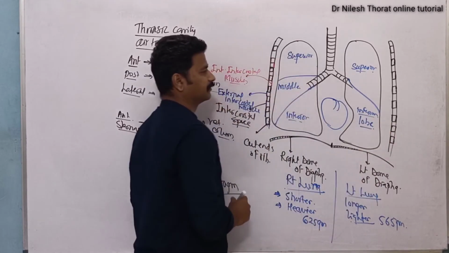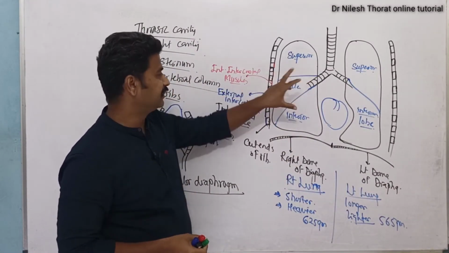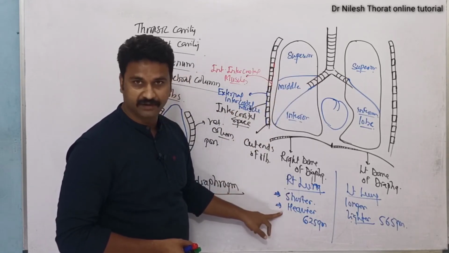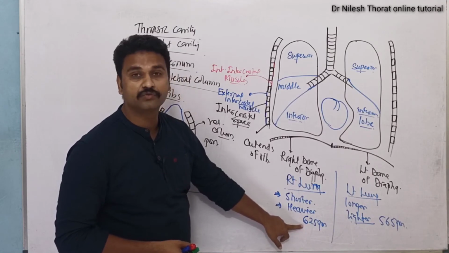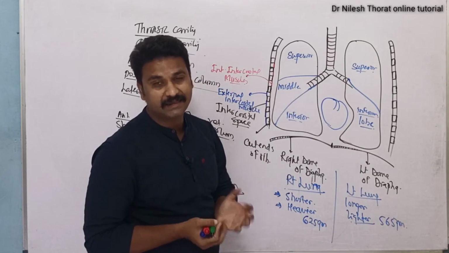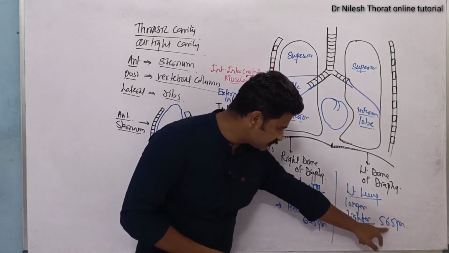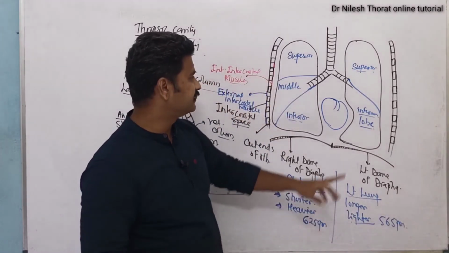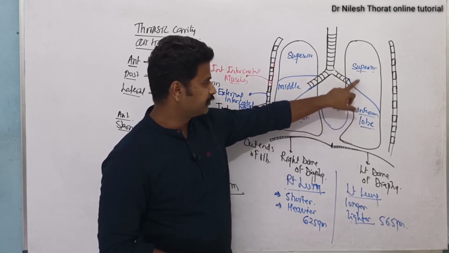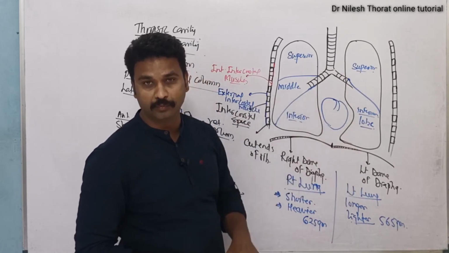of the left lung. Clear? The right lung has 3 lobes with the help of 2 fissures. The right lung is shorter but heavier. The weight of the right lung is 6 to 5 grams. The left lung is longer but it is lighter in weight compared to the right lung. Clear? The left lung is 5 grams in weight and it is divided into 2 lobes with the help of a single fissure, that is the oblique fissure, which divides the left lung into superior and inferior lobe.